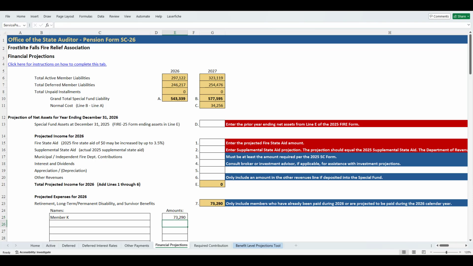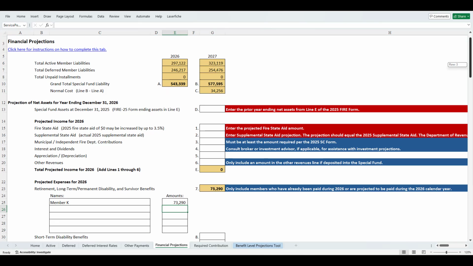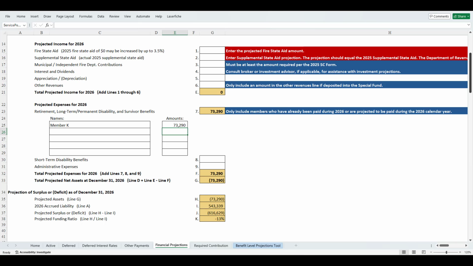After adding the payment amount to the Financial Projections tab, the form automatically subtracts the total from the projected net assets. This ensures the accuracy of the surplus or deficit calculation and that the member's accrued liability is not double counted.